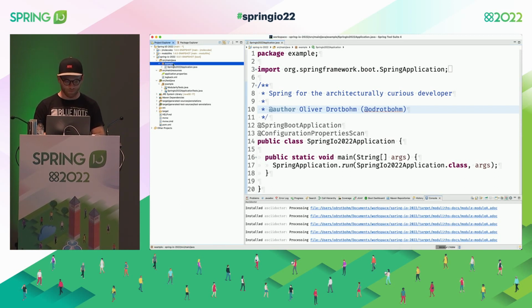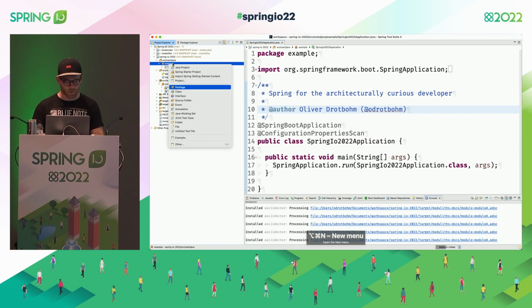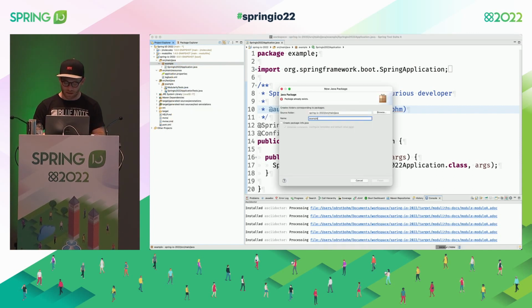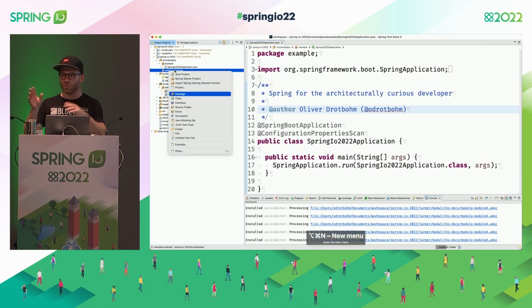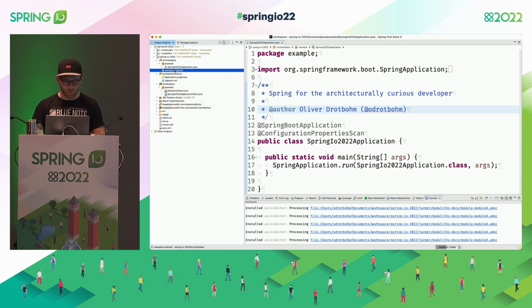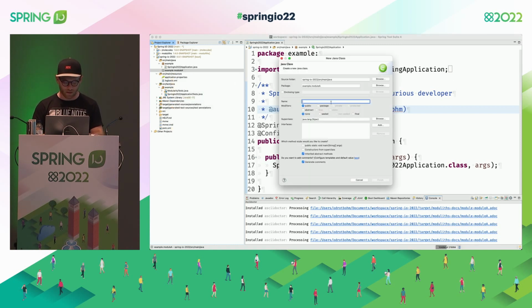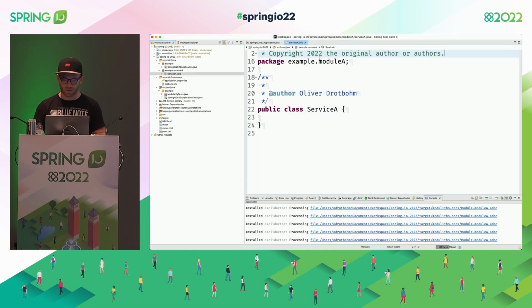We're going to create a package. We want to build a module, right? So we just randomly name that module A. I deliberately don't try to do any domain here because it's not the point. It's kind of just trying to explore what kind of stuff we can do to actually have different modules and how they interact with each other. So we create a class, let's call this service. Spring developers love services. So you see it's in module A,